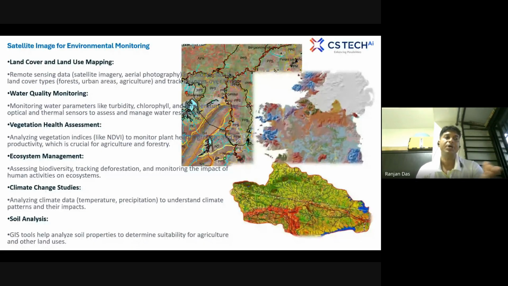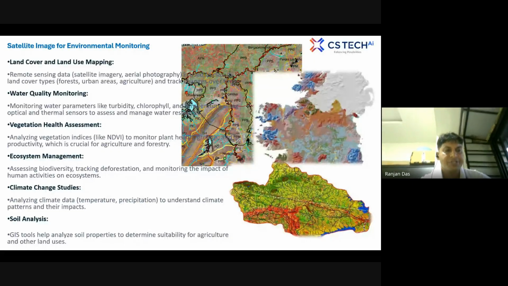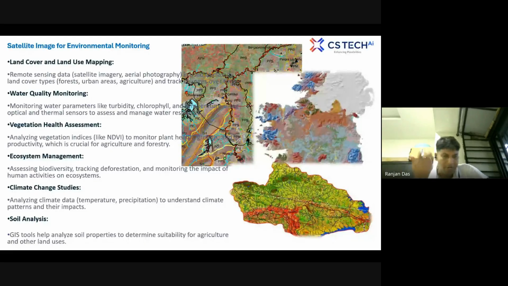Similarly, ecosystem, coming to climate change, means simply analyzing those data which are related to the climate. Here I have given you examples like temperature, precipitation, etc. And finally, soil, I have already given one example of why it is important. So all this is required to be managed. These resources require management. Now how can we, with domain specific knowledge, everybody having a different background, like somebody is a pedologist, somebody may be a chemist,